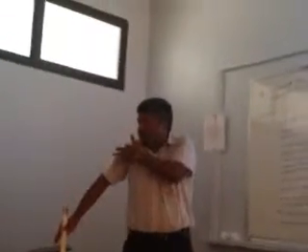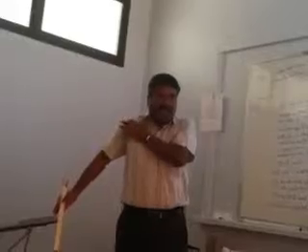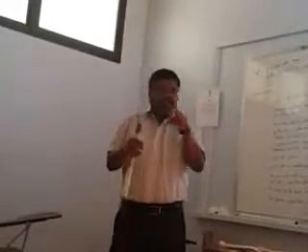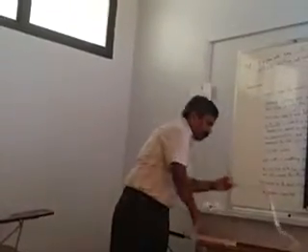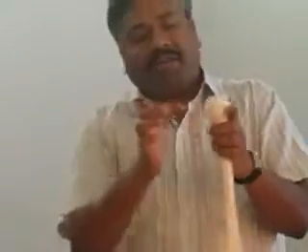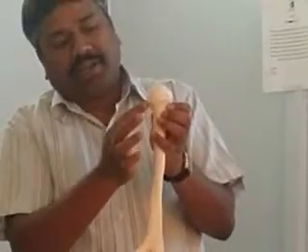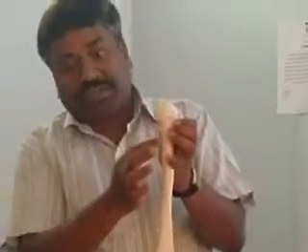Everywhere it is attached to the anatomical neck, that is, which forms the articular margin. So just where is the anatomical neck of the humerus? This is the anatomical neck, right? This is the articular surface. The articular margin only we call as anatomical neck. So everywhere it is attached to the anatomical neck. Only on the inferior side it is not attached to the anatomical neck, it goes to the surgical neck.